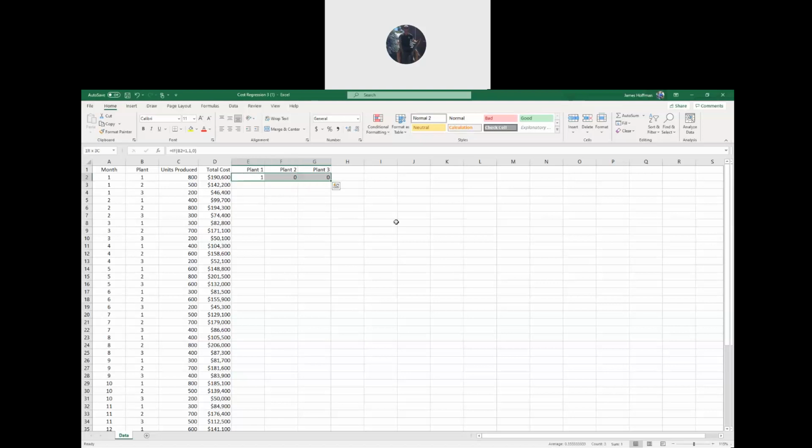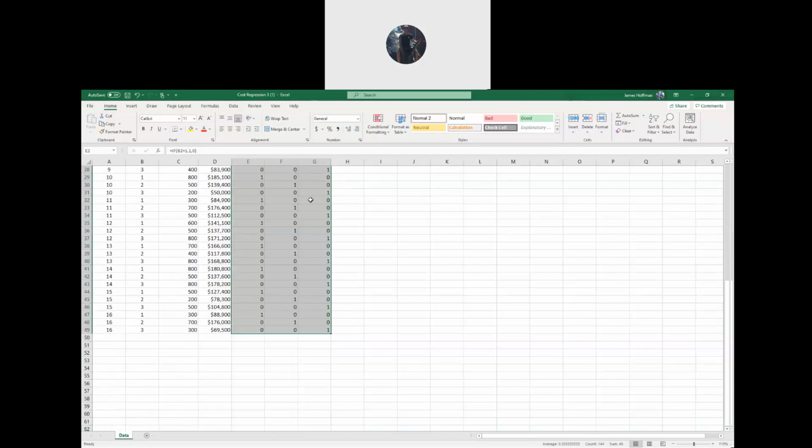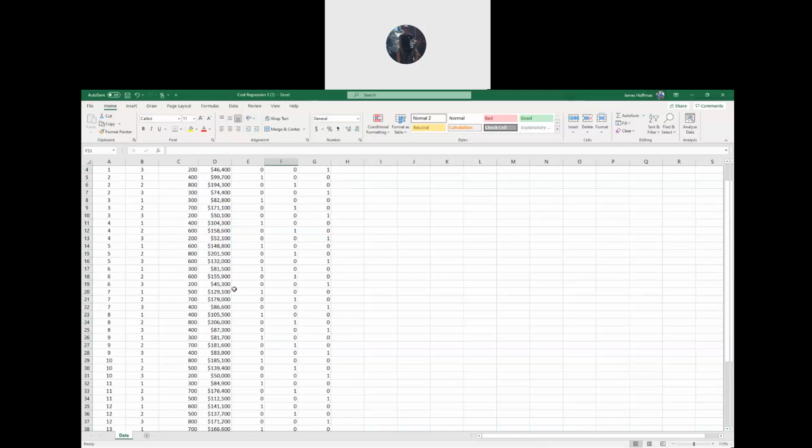Select those cells, select E2 to G2. With that selected, double click the bottom right corner like that, and that should apply your statement for all the plants. And you should see if you go through, if it occurred at plant 1, you got